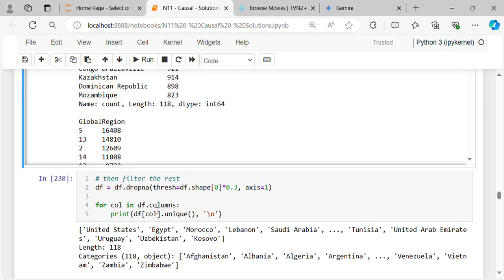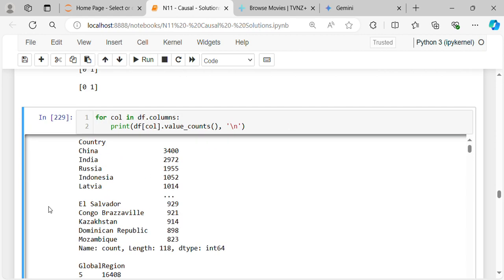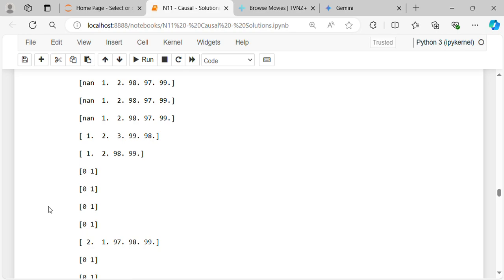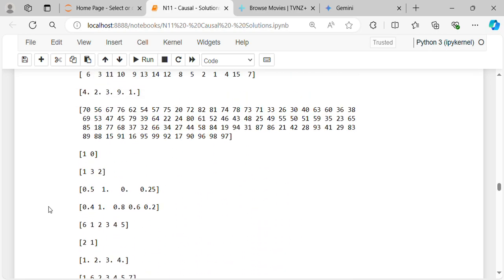Then filter the rest. Let df equal df.dropna(). So we don't want NaN, we don't want missing values. We will drop that. So thresh equal df.shape[0] multiplied by 0.3. So df.shape[0] multiplied by 0.3 gave us